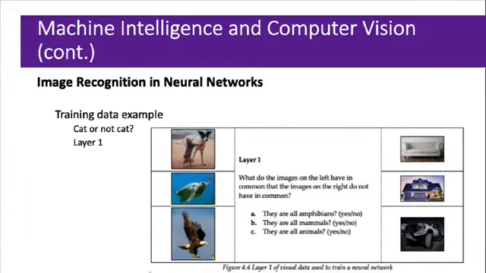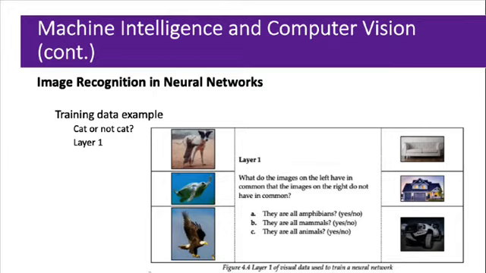Image recognition in neural networks. The following example illustrates how a neural network undergoes the process of image recognition for the purposes of training. In this example, the machine learns how to identify cats by analyzing example images. This is undertaken by the neural network without any prior knowledge of cats. Instead, the neural network evolves its own set of relevant characteristics from the learning material as it is processed layer by layer.